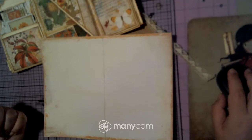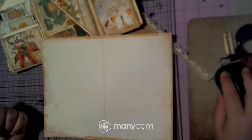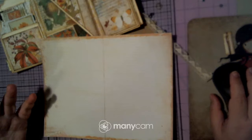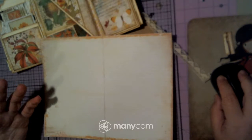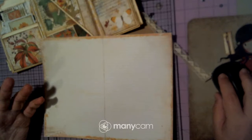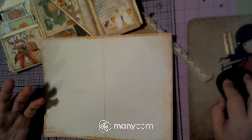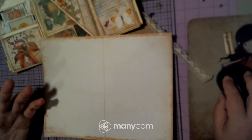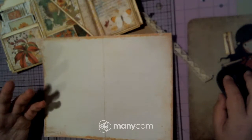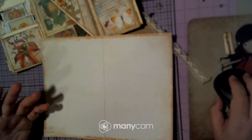Janie B. Journals. You have to go check out her Etsy. Janie B. Journals, and her journal pages match. This is not Janie B. Journals. Oh my gosh. I'm gonna bet this is